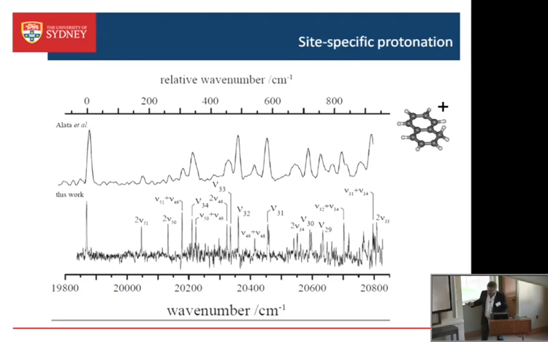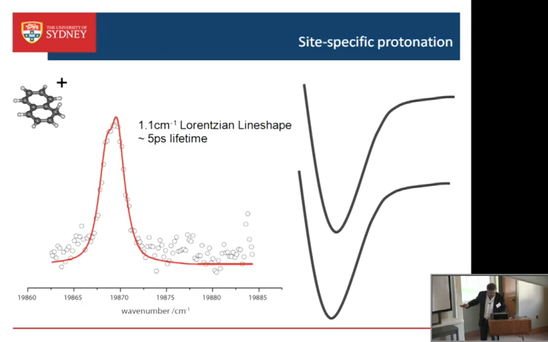We actually published this just the other day, and we had some very helpful referees who asked us to look closely at this profile. And what was interesting was that when we did look at the rotational profile of the cation, we saw only a limited amount of rotational structure. And in order to fit it, so the experimental points here in circles, right, in the rotational simulation based on ab initio data suggested there should have been a dip in the middle of the band, right? With the mixed band type guided by the ab initio